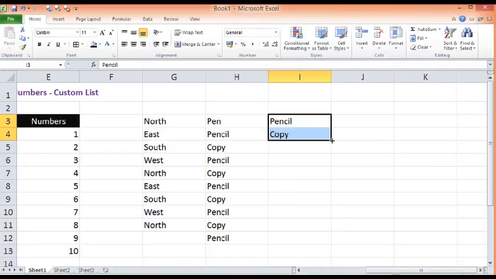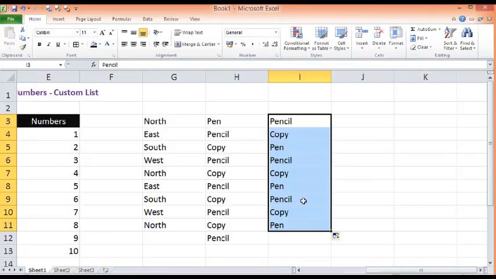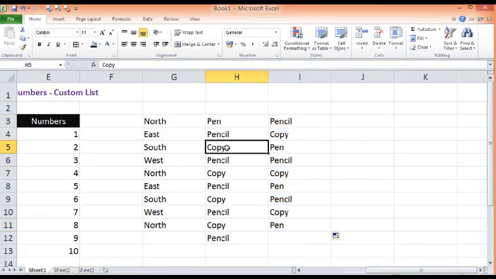On the right hand side at bottom, I can see that pointer is changed into plus sign. I will pick here, drag down, and we can see instead of just copy and pencil, we can see pencil, copy, pen, pencil, copy, pen. So we have been able to do this by creating a customized list.